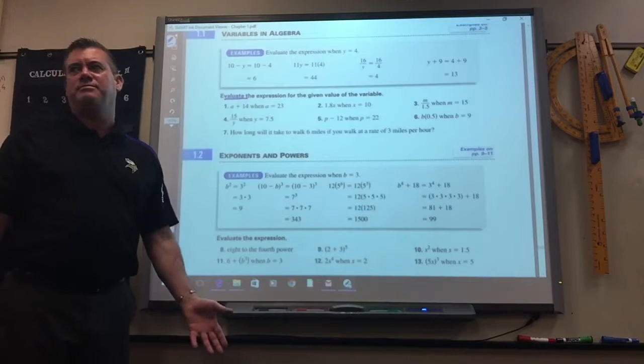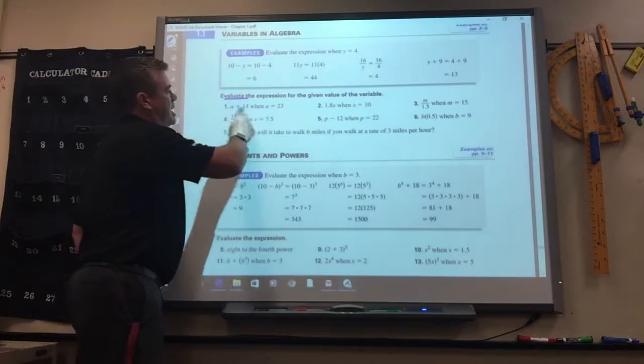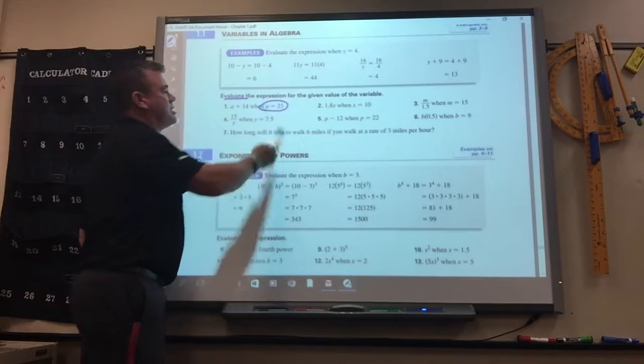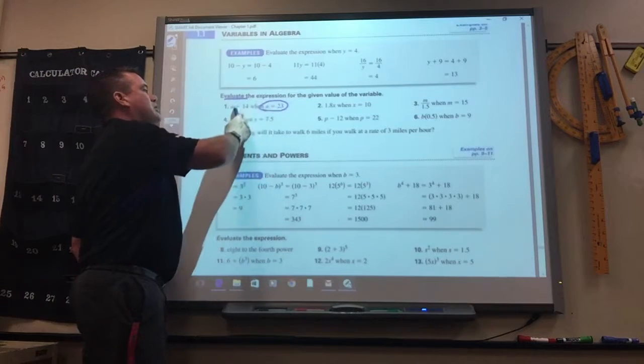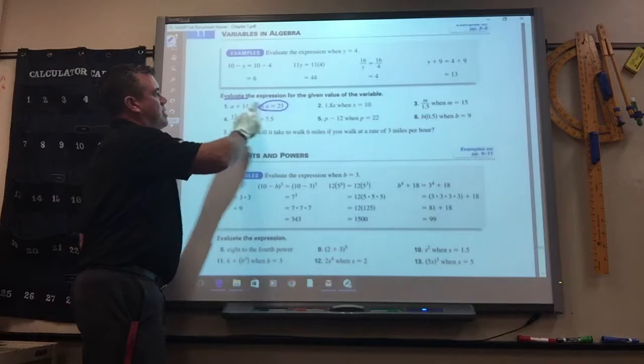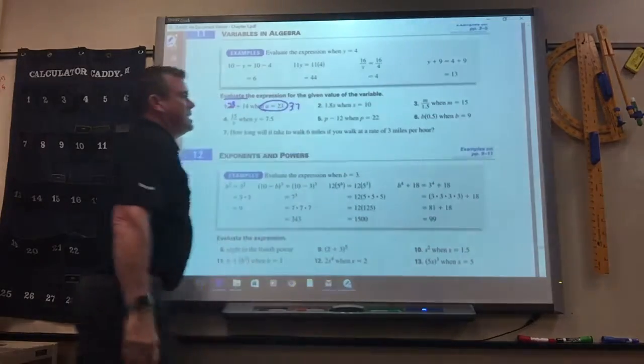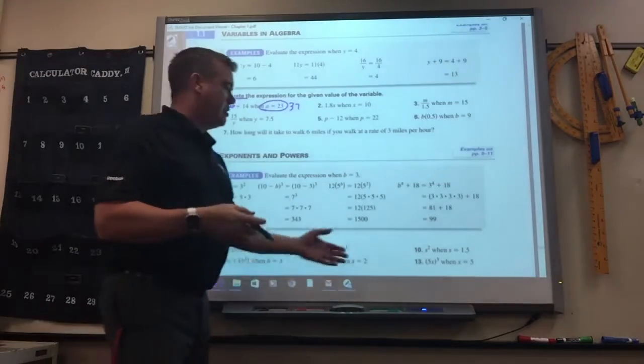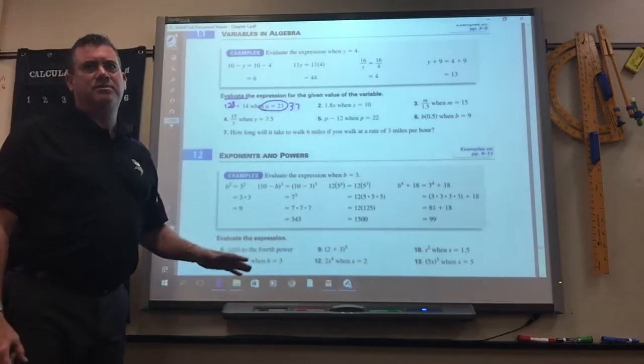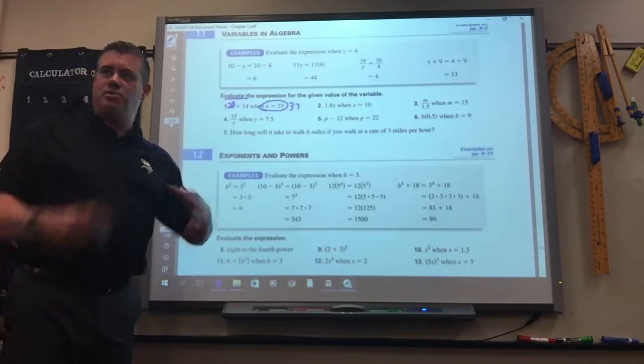Evaluate means solve it. You're going to be given an expression, and then they tell you what the letter is equal to. So all you got to do is put it in for that letter. 23 plus 14 is 37. Again, if you punch it in your calculator exactly the way it looks, you'll get it correct, using parentheses and